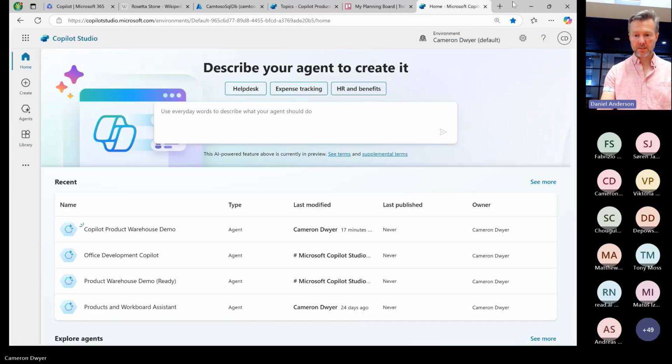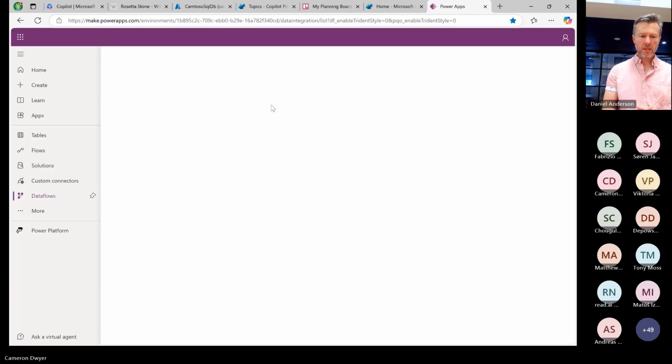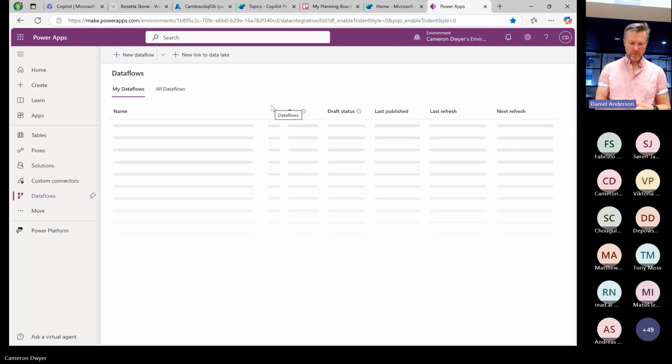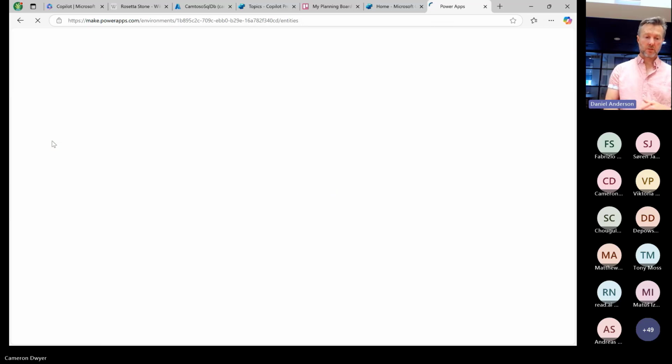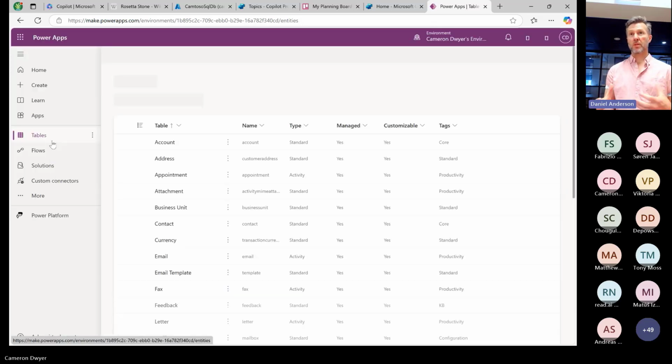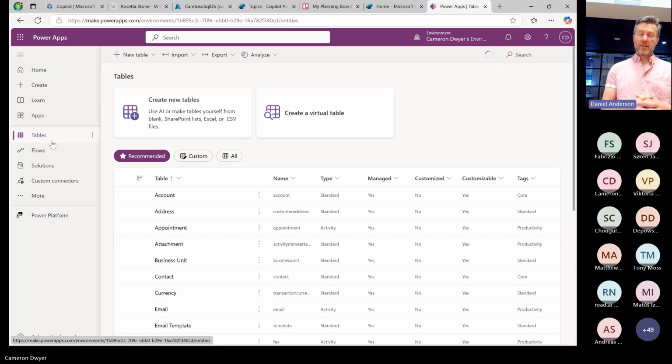So Dataverse is the data platform that sits behind the Power Platform, and a lot of those Power Platform connectors that we've been talking about are all part of this Power Platform world as well. But Dataverse, as I said, is the data store that sits behind it, and it's structured. It's all about tables, and relationships between tables. It's almost like one massive database for your enterprise, and you share all of these different tables inside of your Power Platform and your Dataverse environment.